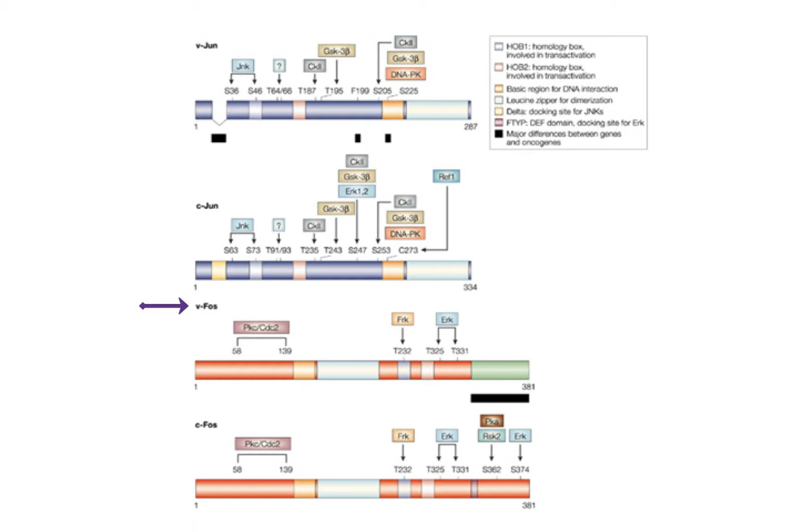is the viral oncogene for FOS, which is also a transcription factor, and the cellular version of the proto-oncogene. So these black bars on the bottom show where there are major differences in the protein. So here in JUN, that intron, which is normally there, is missing. And then over here, there are several sections also missing from the viral version, which makes that into an aberrant